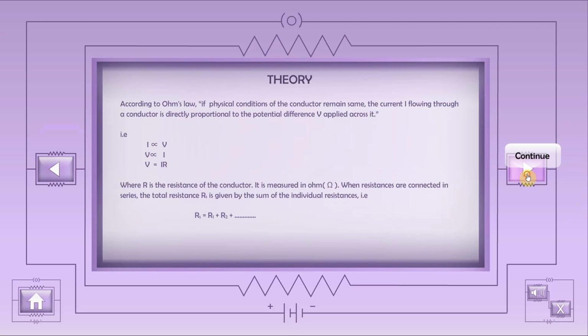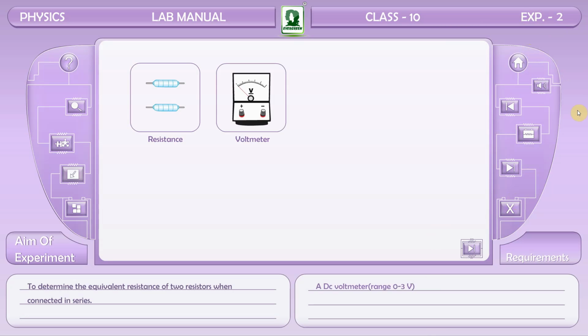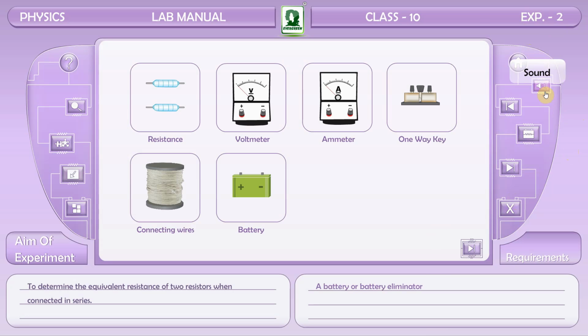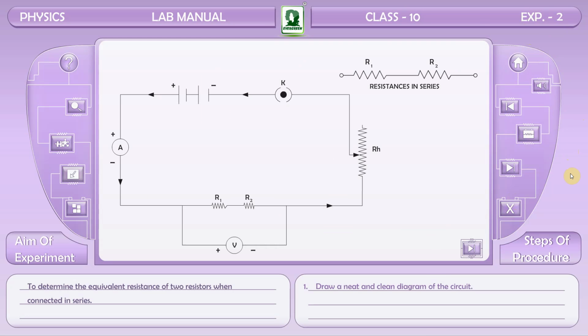Theory: the requirements for the experiment are two different resistances, R1 and R2, a DC voltmeter, a DC ammeter, a one-way key, some connecting wires, a battery, and sandpaper. Procedure: draw a neat and clean diagram of the circuit,